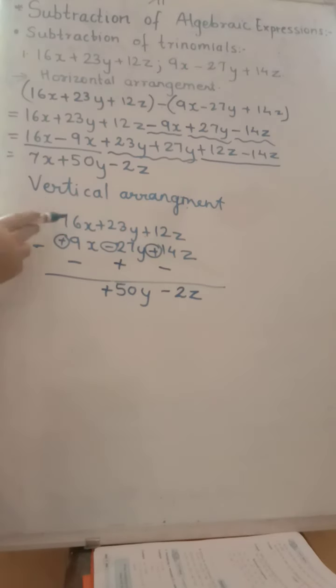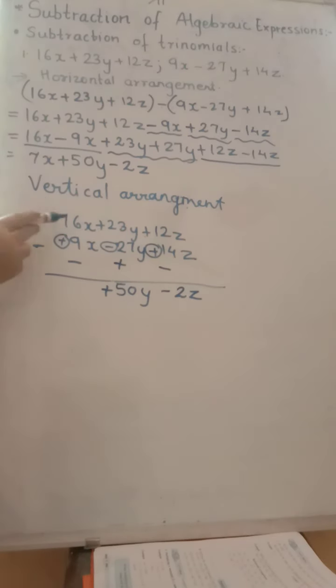So I will write the first expression, that is 4xy minus 9z. Subtract the second one, that is 3xy minus 16z. I have written like terms below each other. I will leave some space and draw a line. Now this minus sign will change the sign of the second expression. So minus plus minus, minus minus plus. These are the new signs of the second expression.